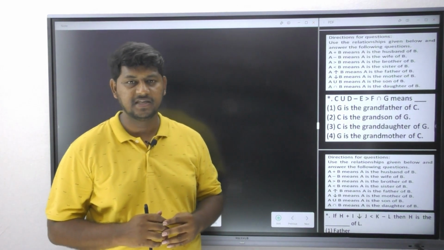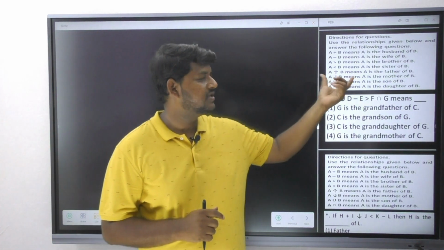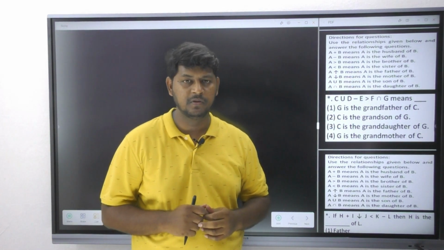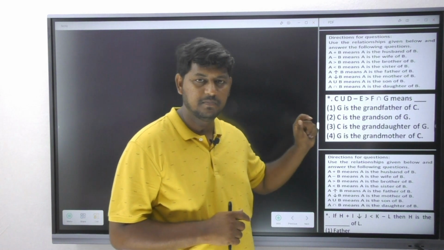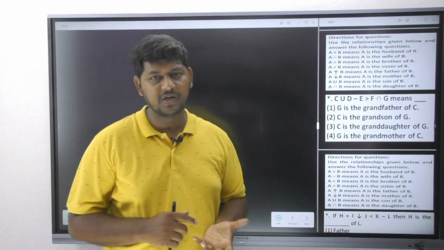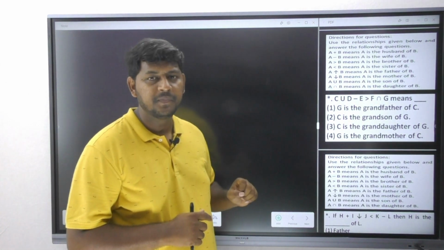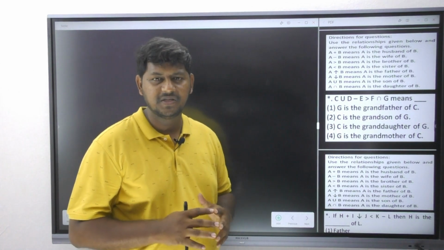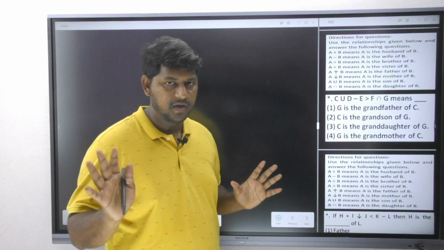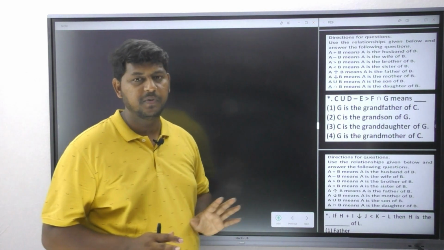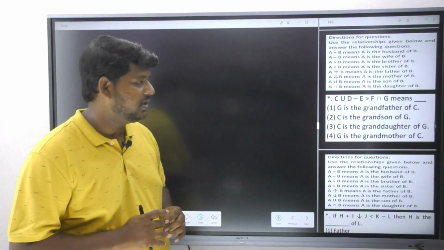Now let us discuss the last model of this topic, that is coded relations. Here in examinations, this information is provided to you. You will see these questions as individual, or sometimes your examiner may give you bulk questions also. Please do remember, whatever symbols are used by your examiner are random symbols. I'm not going to say only these symbols are going to be present, and this is very important from the examination point of view. Please do remember that point.